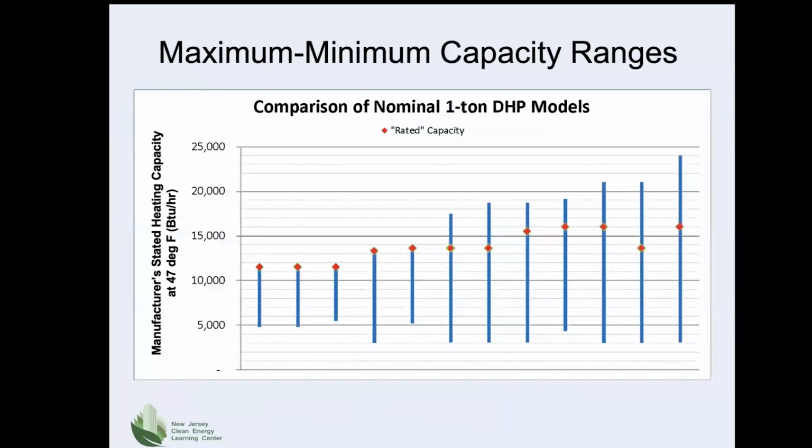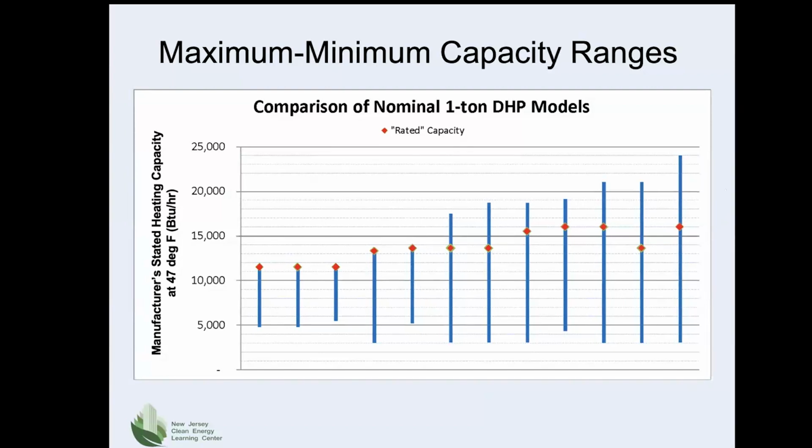This chart compares the range of variable capacities of models with a nominal capacity of 1 ton for ductless air source heat pumps, various manufacturers. Each of these vertical blue lines represents the range of capacity for a different heat pump model. So we have about a dozen here, but they all have a nominal capacity of 1 ton. In other words, we're looking at installations that are very close to a nominal 1 ton worth of